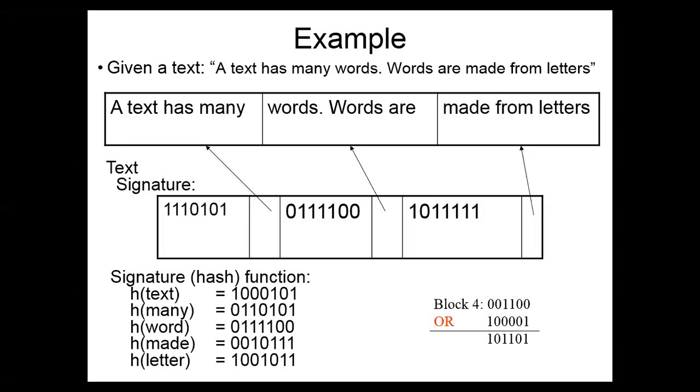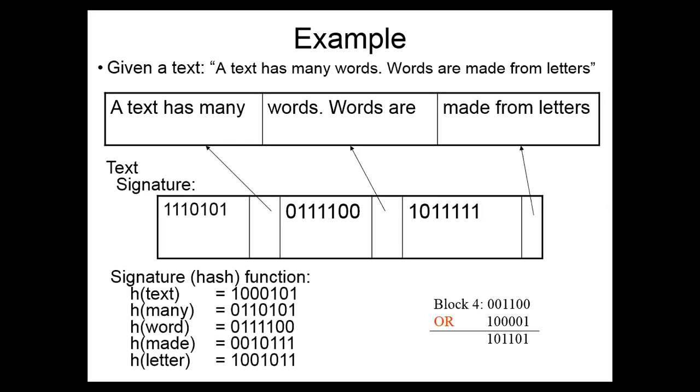So in our case, after removing stop words, normalizing and stemming, you will get an equal number of words in each block, two. Text and money in the first block, word and word in the second block, made and letter in the third block. Now, once we form a block of words, the next step is we have to create